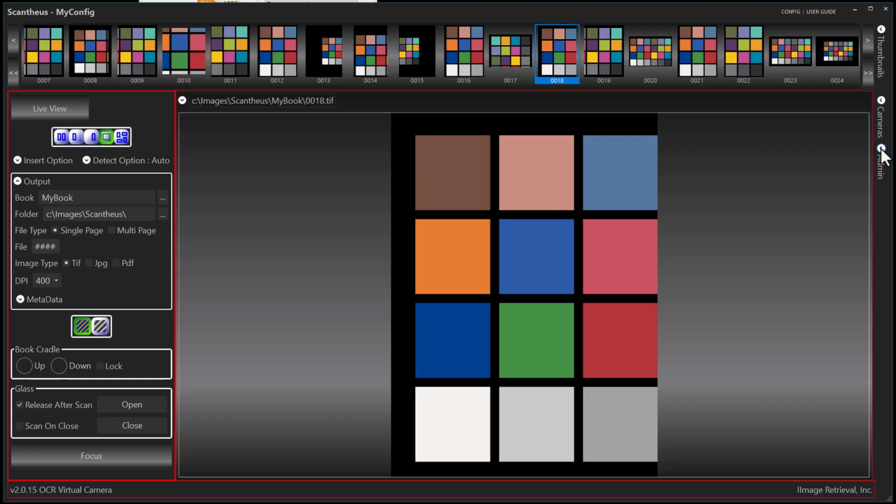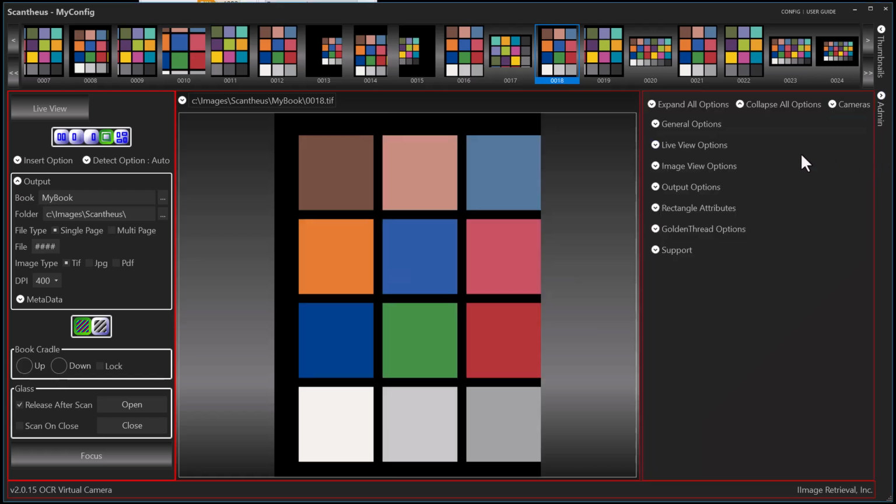Admin Expander is over here along the right side. We're going to open it up, and this video will cover specifically the image view options. If there's another category here that you're looking for, it will be in another video, but we're just going to